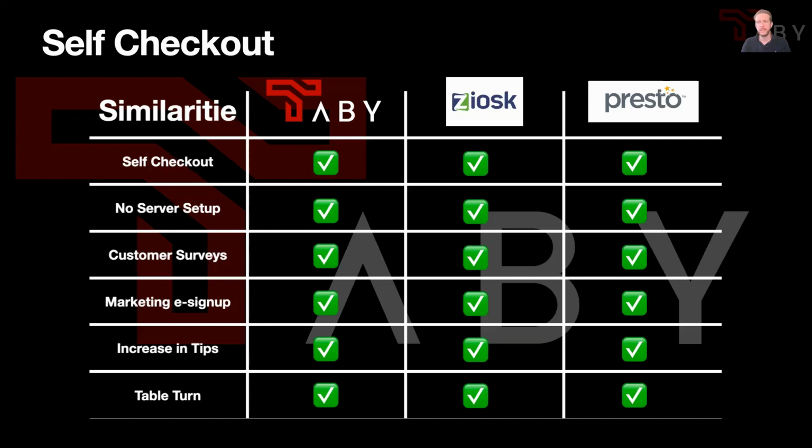It was still a little early, and we're starting to see more and more companies and restaurants adopt QR codes because of the push to have contactless payments. We'll really do anything we can to get more guests back into the restaurants and continue that business. So now you see Ziosk and Presto both have QR code alternatives to their tablets as well. And it's an interesting shift because we're seeing that maintaining tablets in restaurants provides a lot of headache, a lot of extra costs. And so